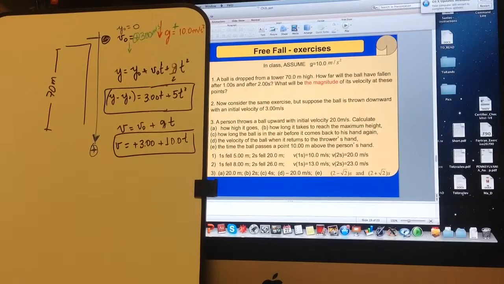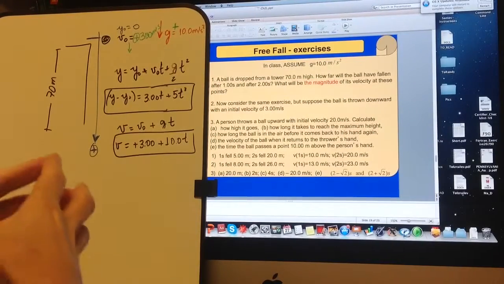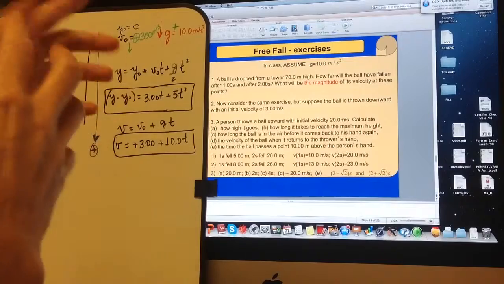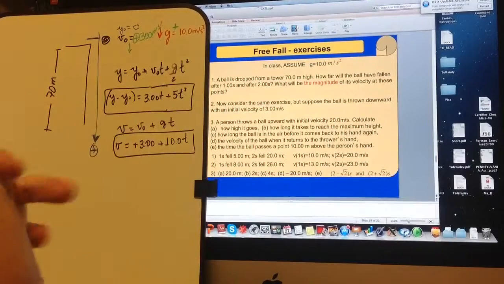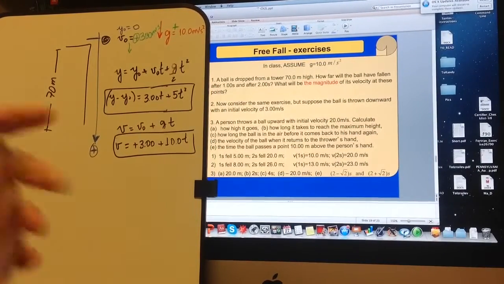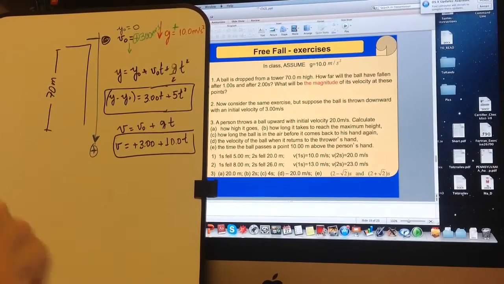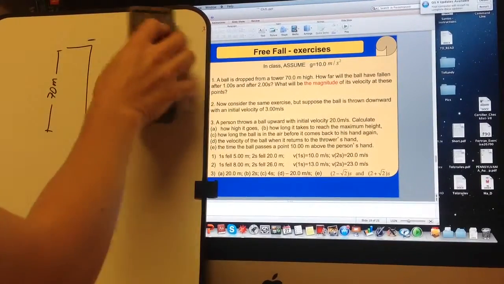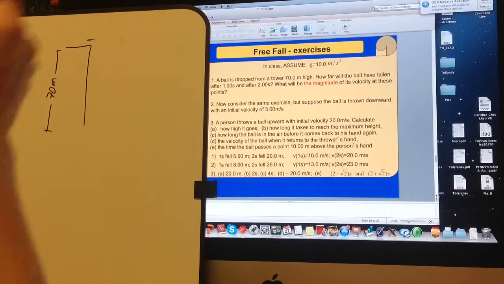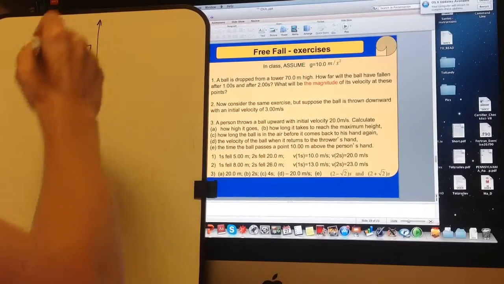Very well. If you change and do a different reference frame, you will see that you will be obtaining the same results. Okay, the change in how far we travel will result in the same values. The magnitude of the velocities will be the same. The sign may change, right? So let me just give you an example here. Suppose we choose a different reference frame. Okay, so my reference frame now is pointing up like that.